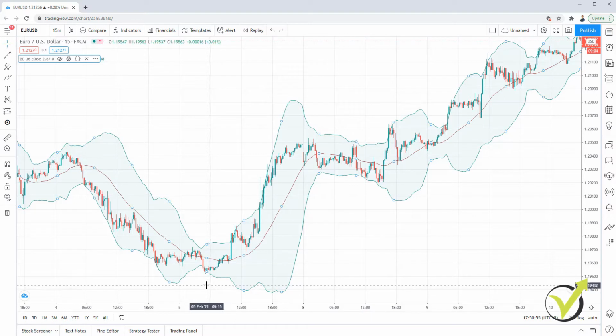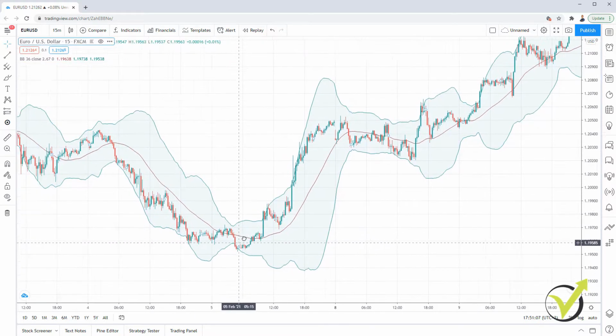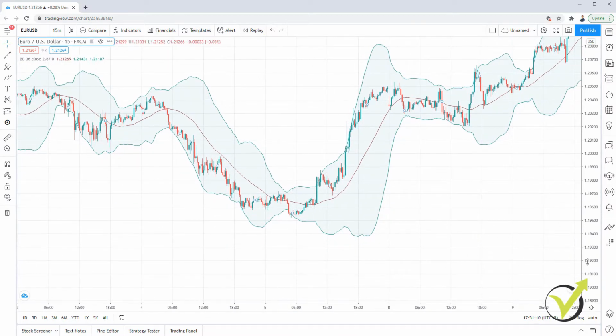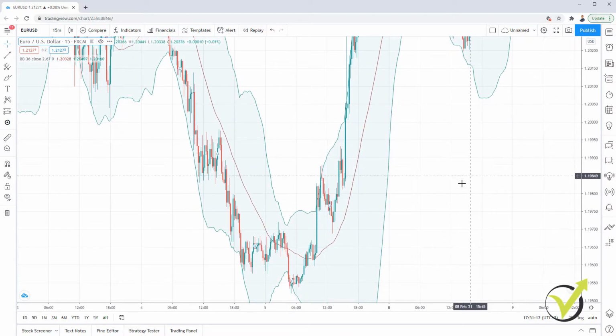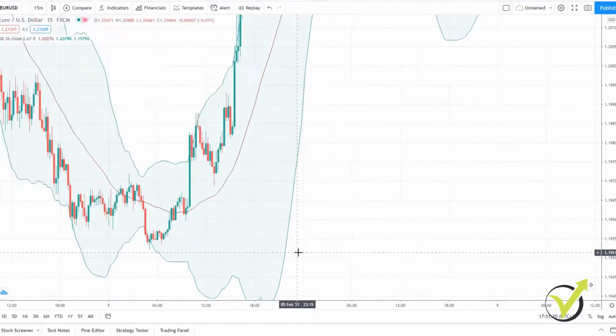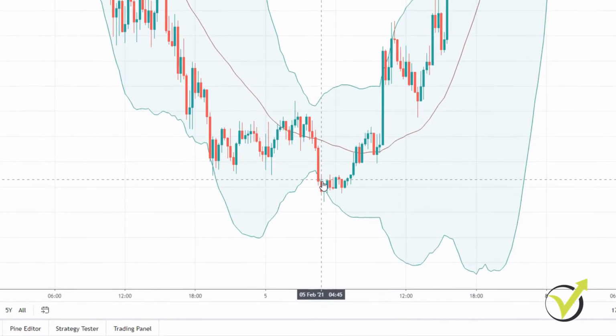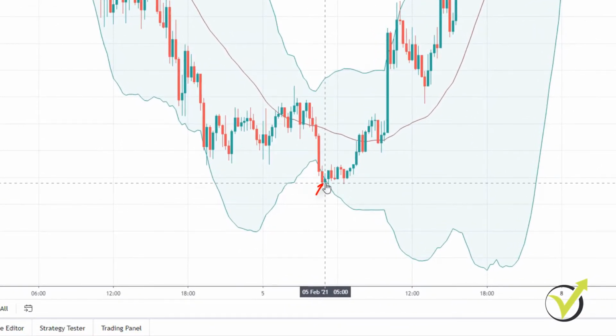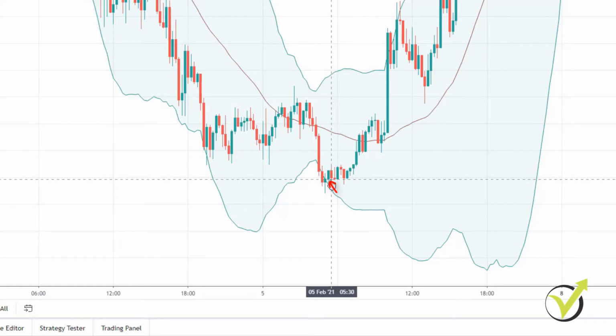I will be buying whenever the price gets below the lower band of the Bollinger Band and gets back in. So right over here, immediately I see a perfect example, okay? An awesome position that will catch a nice reversal. Whenever we have a bar opening below the lower band, so this bar over here opened below the lower band, and if the next bar opens inside the Bollinger Bands, then we buy.